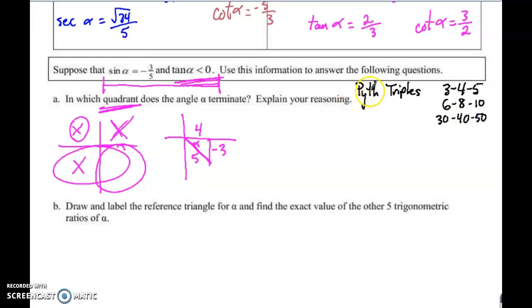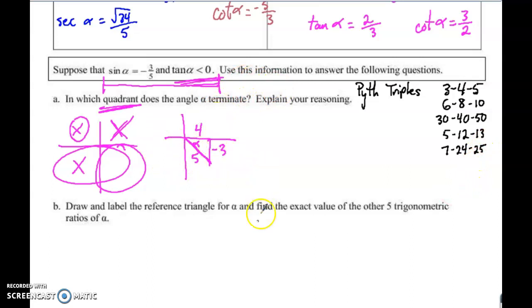You multiply everything by 2, or 30, 40, 50. That's why there's an infinite number of Pythagorean triples. Another famous one that shows up a lot is 5, 12, 13. I think 7, 24, 25 is another one. And you can verify by doing, is it true that 3 squared plus 4 squared equals 5 squared? I may have messed this one up. I think it's 7, 24, 25. Anyway,